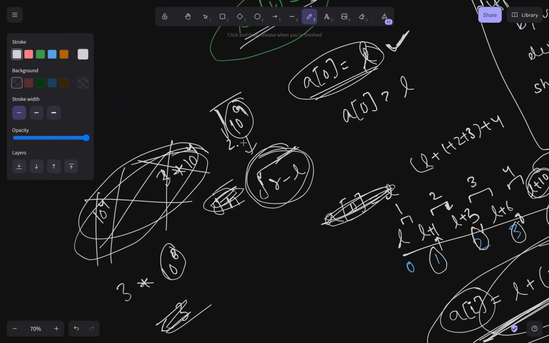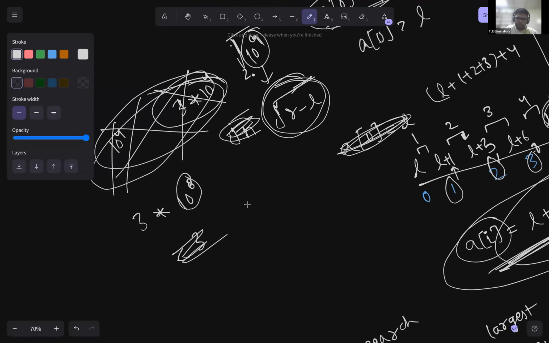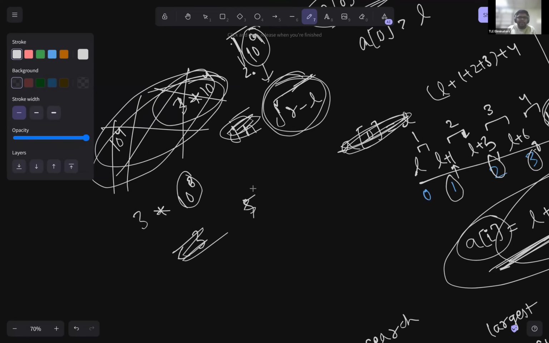Actually, approximately something like 10 raised to the power 5, but less than that a bit. In the worst case, it's already considering the worst case. Even in the worst case, it is not going to go to 10 raised to the power 5. According to me, in the worst case which I was considering, it